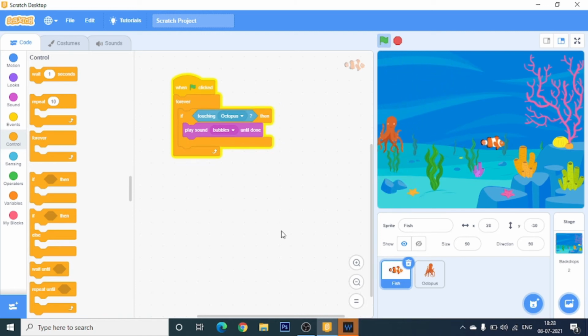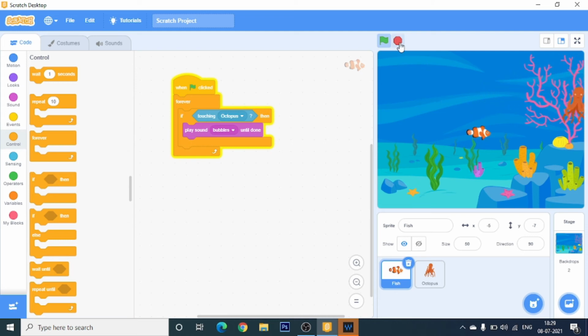Now I want a game where I can move the fish also. Up, down, left and right. So what can I do for that? As all of you are aware of the coordinates, y coordinate is for the vertical movement and x coordinate is for the horizontal movement.